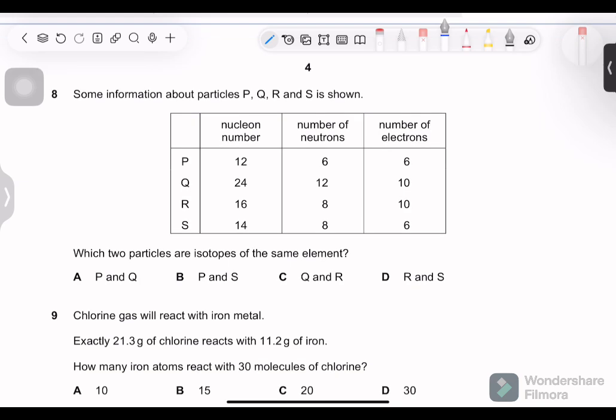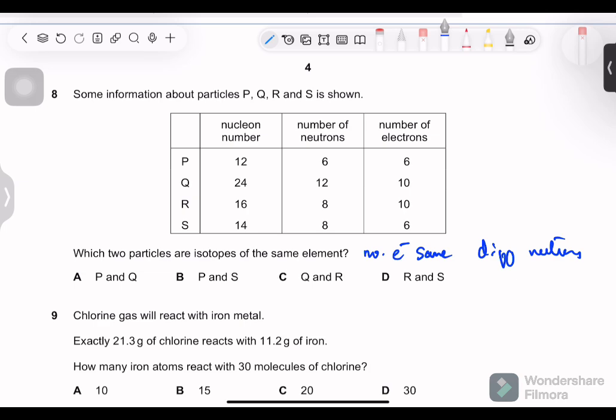Some information about particles P, Q, R, and S is shown. Which two particles are isotopes of the same element? So they should have the same number of electrons, and different neutrons. So different neutrons. So if we look at